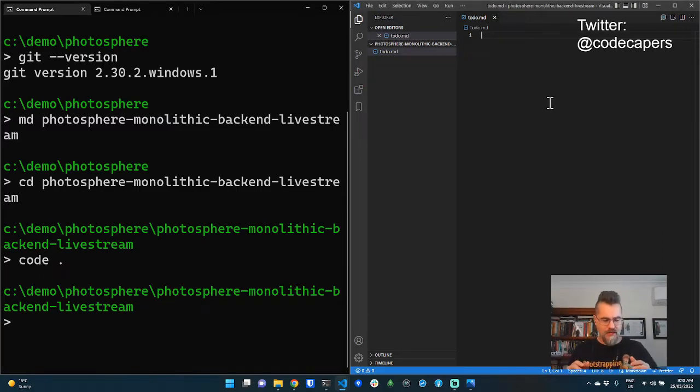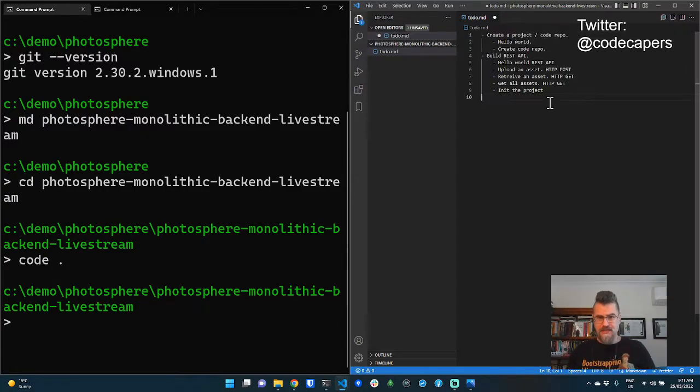So the important thing anyway, before you get to coding, is you've got to do a bit of thinking. You've got to do a bit of planning. And every time you sit down to do some coding, you should be rethinking what you're doing. We're only just getting started. So I just want to get an initial to-do list down.